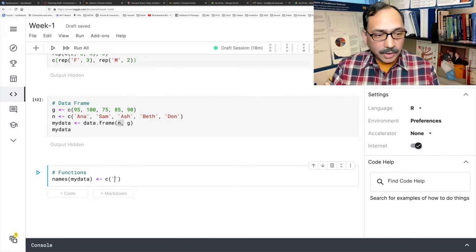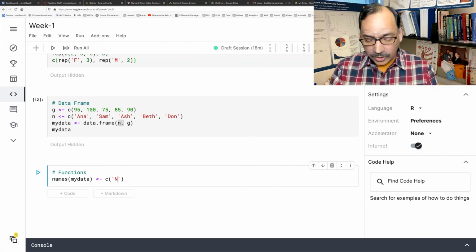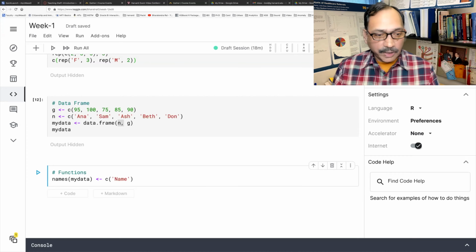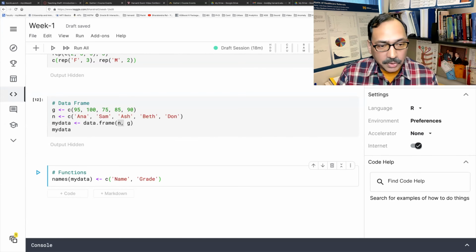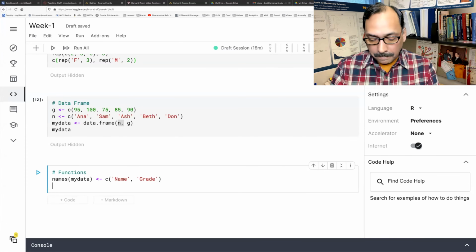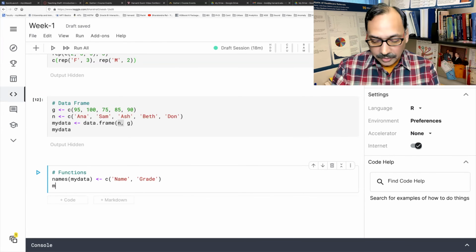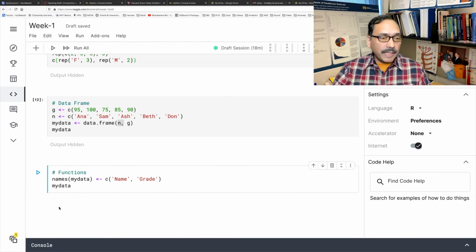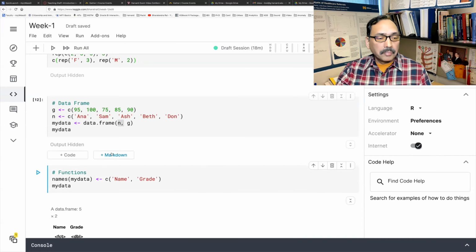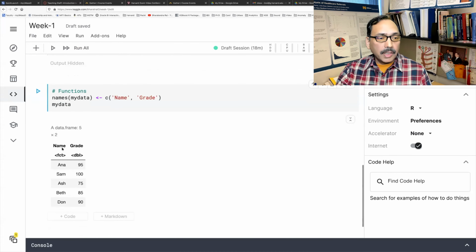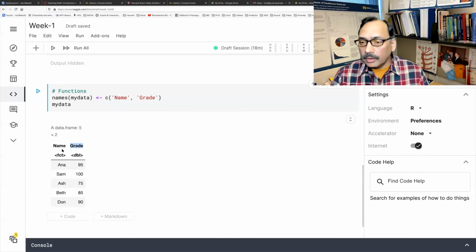C, and within quotation, let's call the first variable name, and let's call the second variable grade. And if you want to check whether what we did took effect or not, you can again type mydata. And you'll see that now these two columns have the names that we have specified.